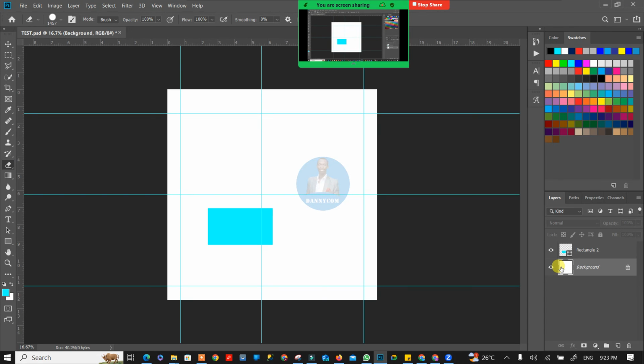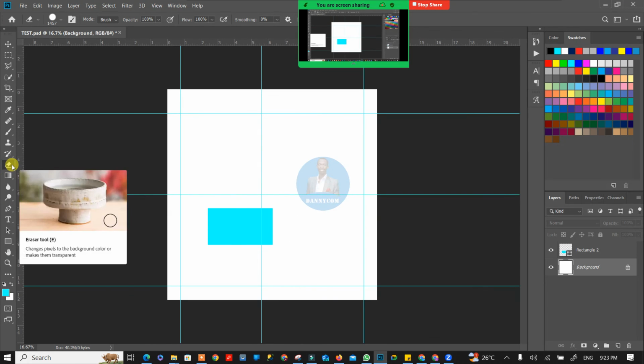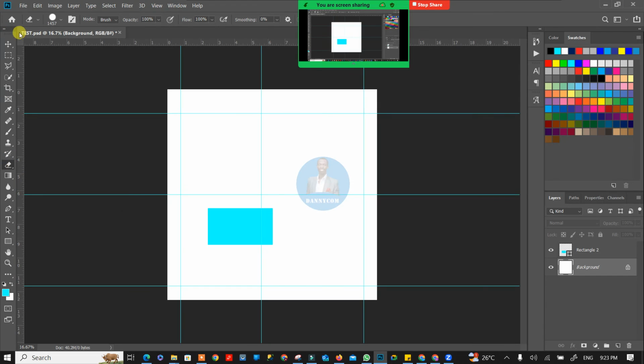So the objective here is that anything that you see at the moment, the cursor is still holding on to the eraser because that is the active tool. So I'll just click on this to release the mouse for now. So if you come